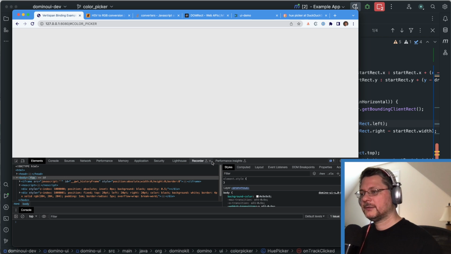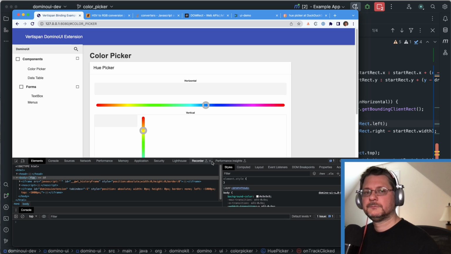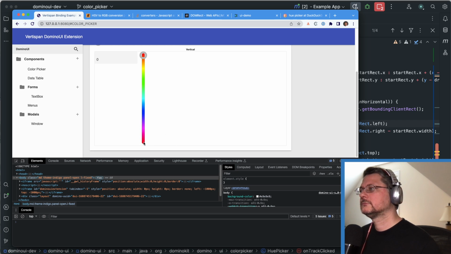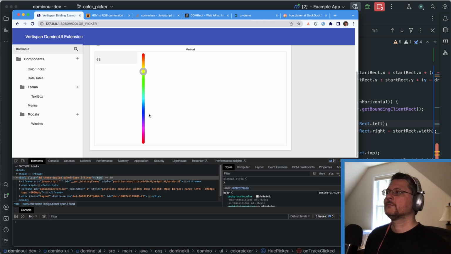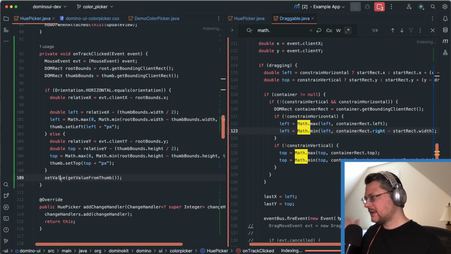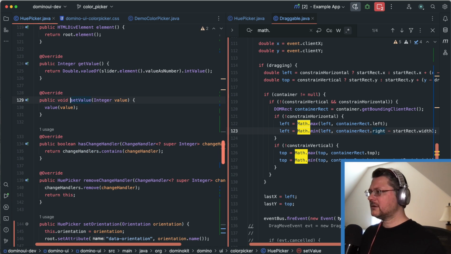Hopefully this will work. And then whenever we do that, looks correct. 360, 0, 0, 360, and I can't drag it outside of this, and I can't click outside of that. Nice. All right, so the other thing that we need to do is making sure that the value